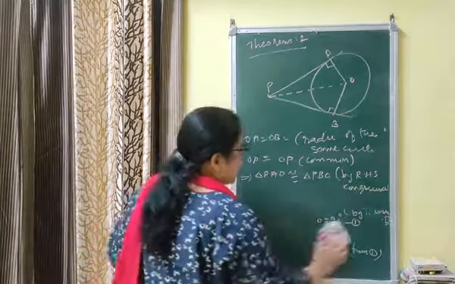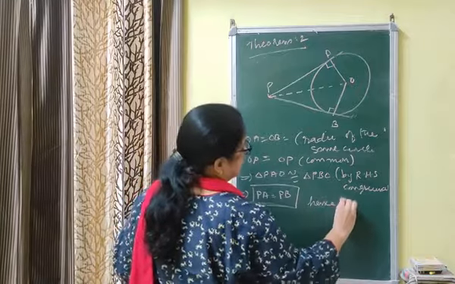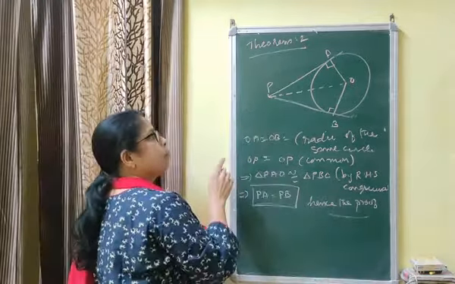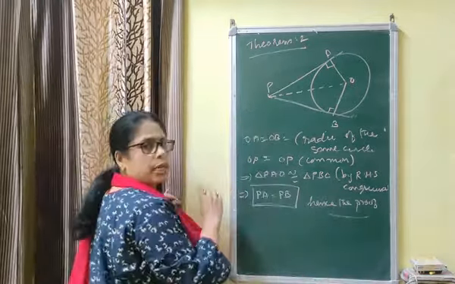PA is equal to PB. That means we proved that the length of two tangents drawn from the external point P to the circle are equal. Hence the proof. Now from this one